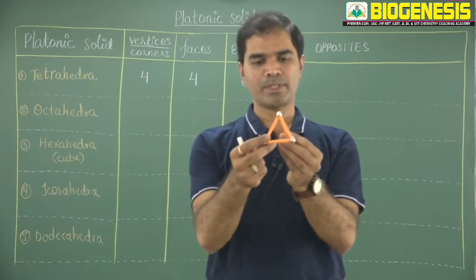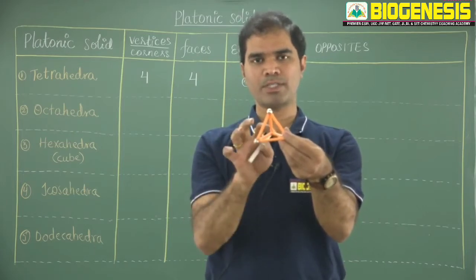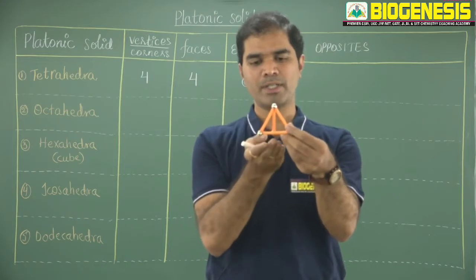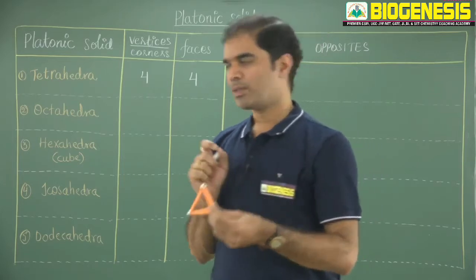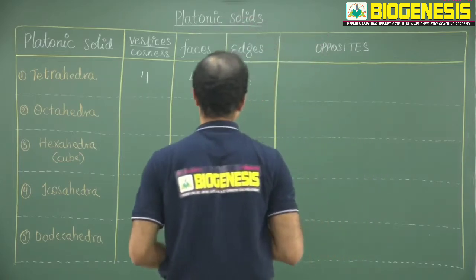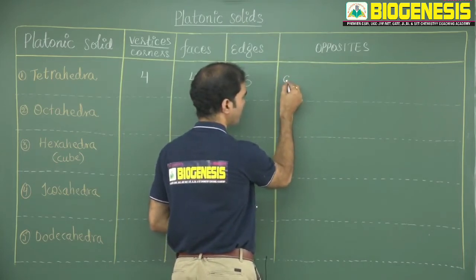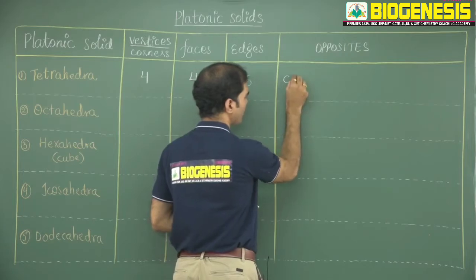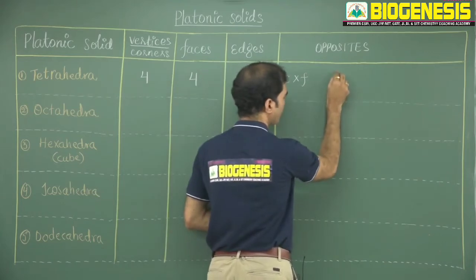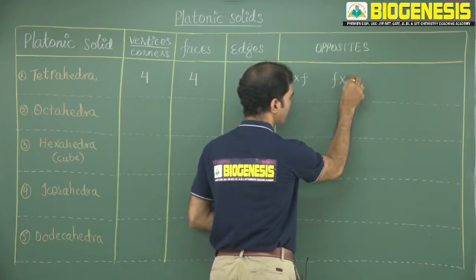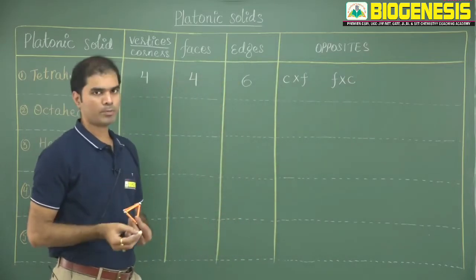Let me come in the opposite way. If I am choosing a triangular face, the opposite of a triangular face is a corner or a vertex. So a vertex and a triangular face make up a pair. Suppose I start with a corner or a vertex, I am simply indicating with a C. Opposite is a face. Next, for a face, opposite is a corner. For corner, opposite is a face. For face, opposite is a corner.